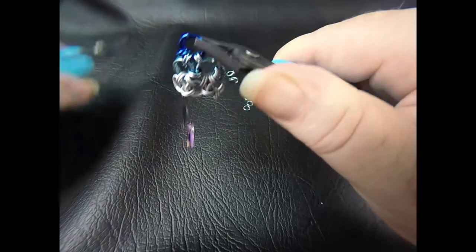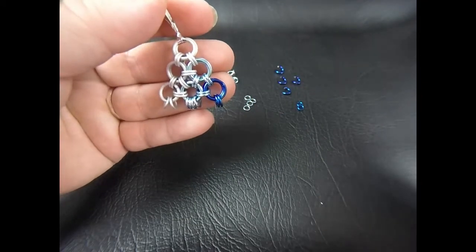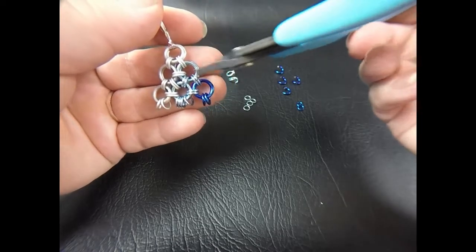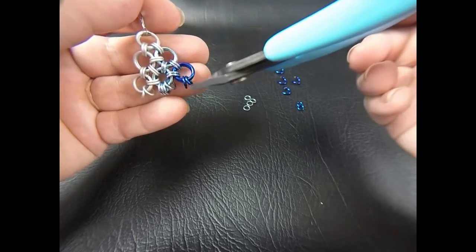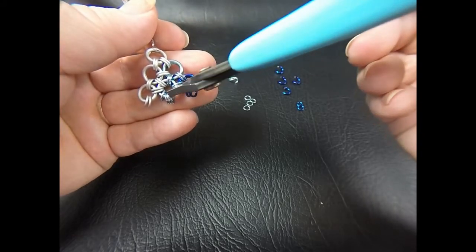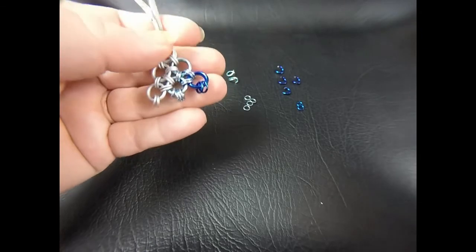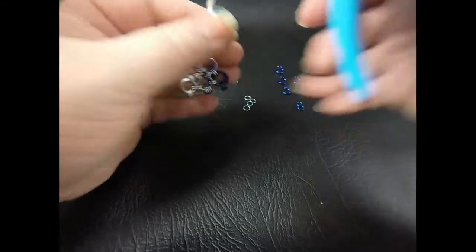Okay, and you've now completed row 3. So at the end of row 3, you've got a pair each of your coloured rings. The 2 outside ones have got 2 medium small rings hanging off, and the inside ring has got 4 small rings hanging off. Okay, so now we go on to row 4 and we pick up a medium